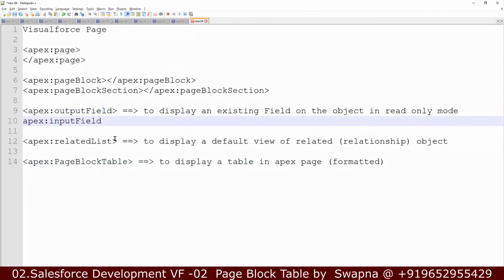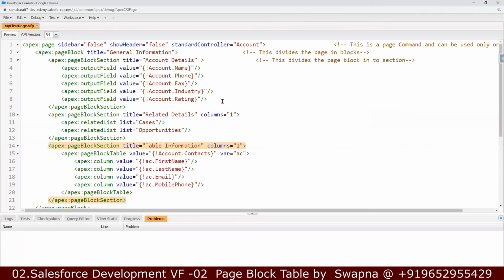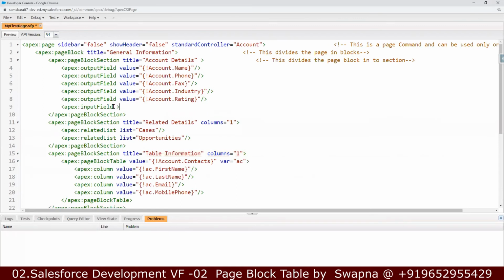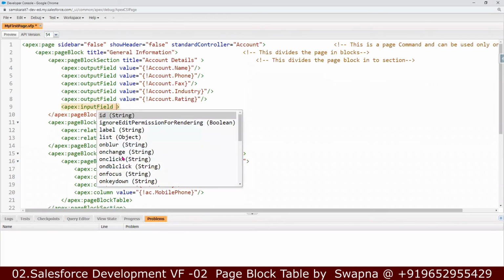But when I give apex colon input field, it is going to allow the user to edit the data. Fine, let me take one example here. Apex colon input field. Let's say value